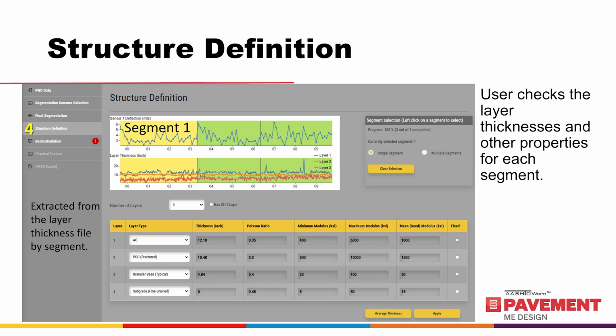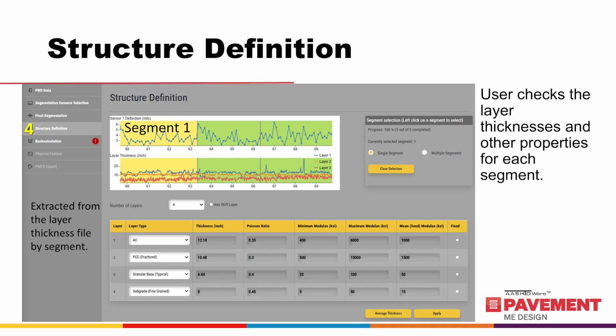The BcT program populates the two fields with the expected or default minimum and maximum elastic layer moduli for that material from the default values included in the MEPDG. However, the typical minimum and maximum modulus values should be expanded because the default values represent laboratory measured values without any defects or deficiencies. That assumption is probably not true for most cases, so it is recommended that a very low minimum and very high maximum modulus value be used in the back calculation process to consider saturated or completely dry conditions, very aged asphalt or asphalt that exhibits severe stripping, and other such realities that can exist in the